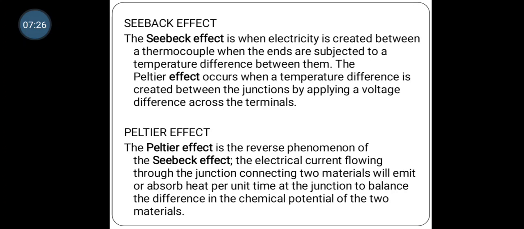Okay, now the laws of intermediate metals. If between any two points a number of junctions appear but all are at the same temperature, the EMF between these two points is independent of the intermediate metal. Law of intermediate temperatures: the EMF for a couple with junction temperatures T1 and T3 is the sum of the EMFs of two couples of the same metals having junction temperatures T1 and T2, and T2 and T3 respectively.